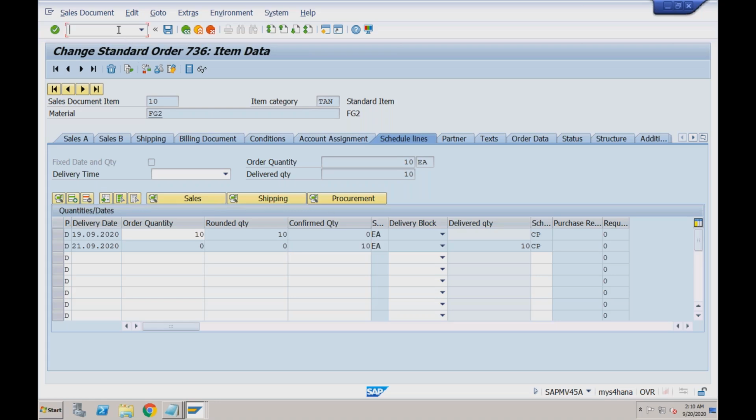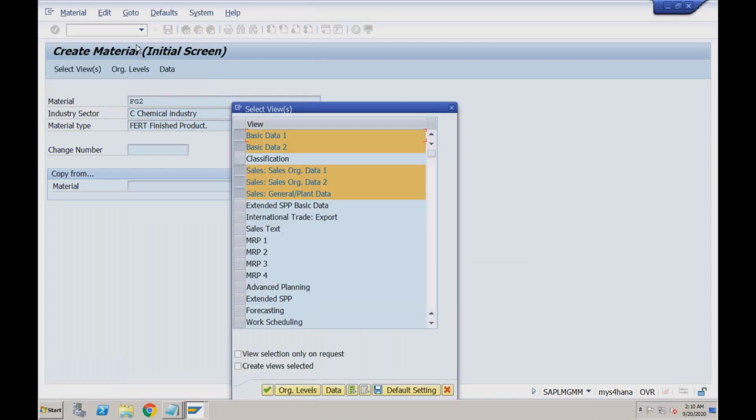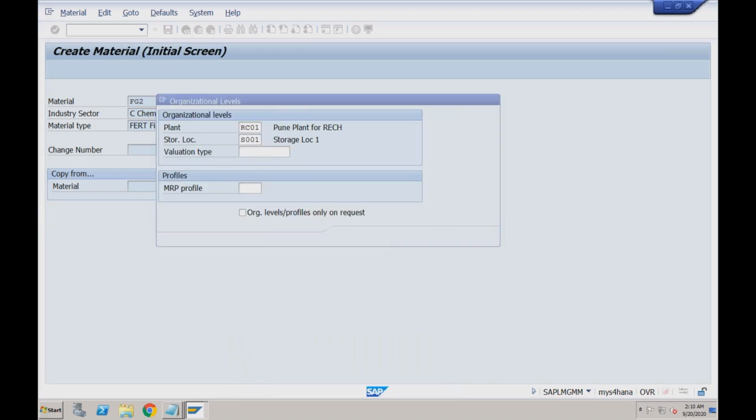How? The reason was, if you go to material master, in the material master, your material should be extended for the MRP view. In order to perform the availability control, the material should be available in your MRP view. So what you need to do, as of now, I'm not introducing MRP in detail at this stage. We will have a separate discussion on MRP. But at this stage, just ensure that for your plant and storage location,